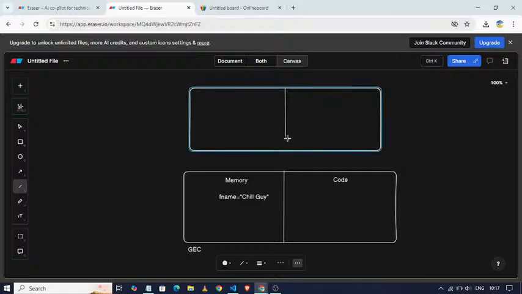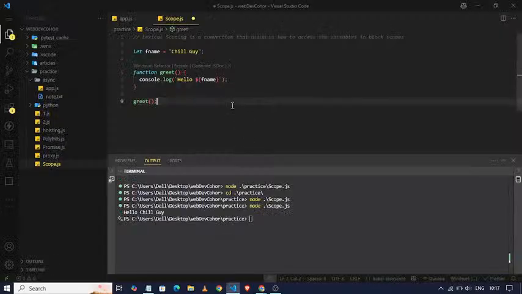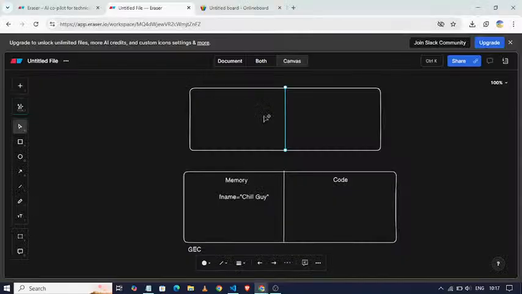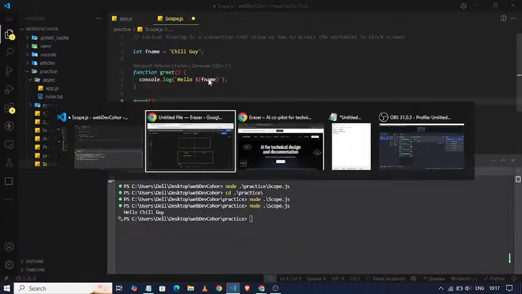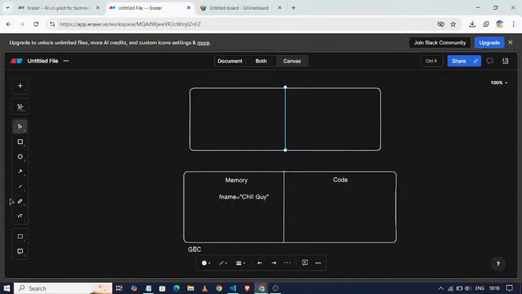It will also have the memory phase and the code phase. When the function execution context tries to access fname, which is not in its function execution context,